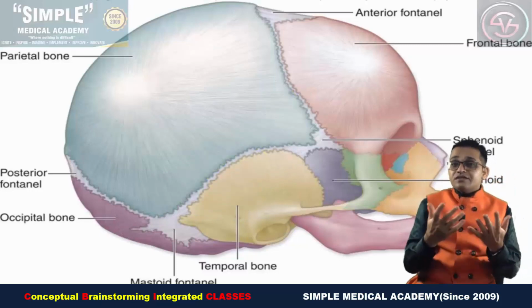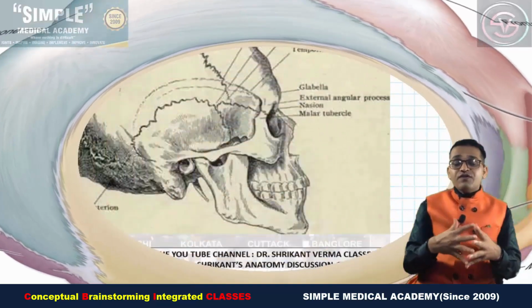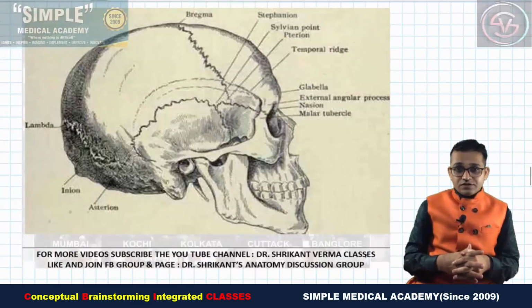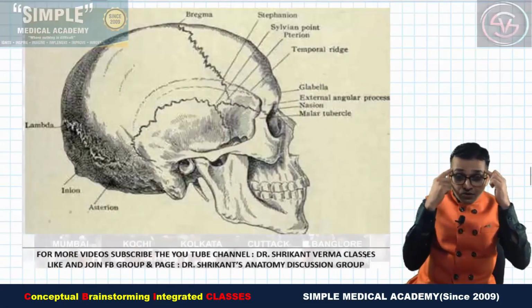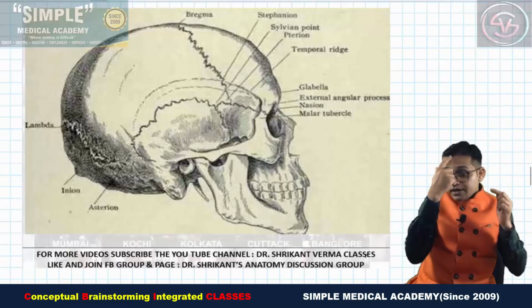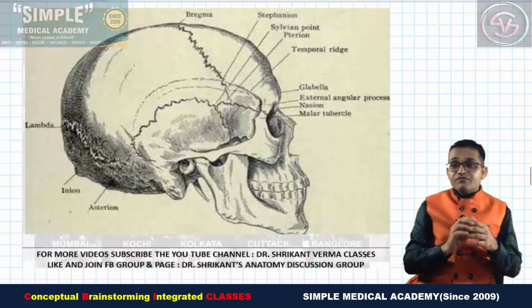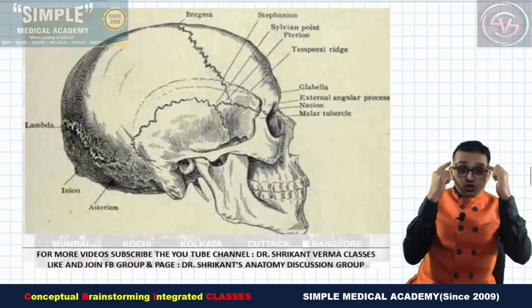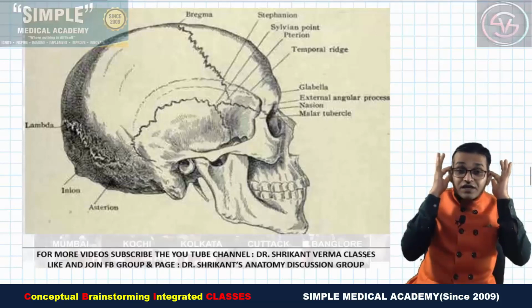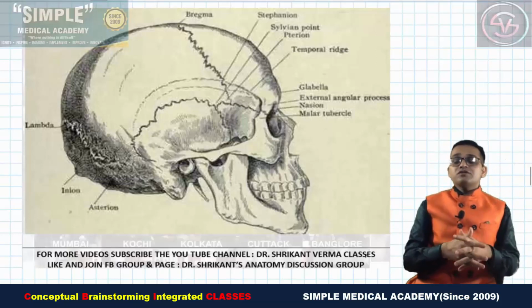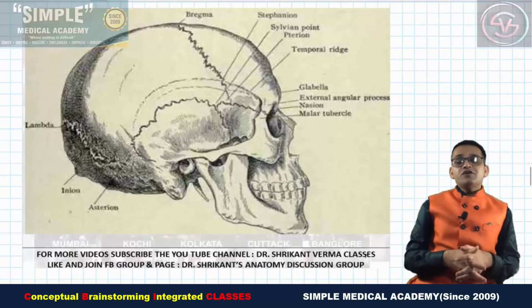In adult life, these fontanelles ossify and form the bregma, lambda, pterion and asterion. Bregma is at the site of the anterior fontanelle, lambda at the site of the posterior fontanelle. The 2 anterolateral fontanelles ossify and form the pterion, while the 2 posterolateral fontanelles form the asterion, because it is asterisk or star shaped in appearance.